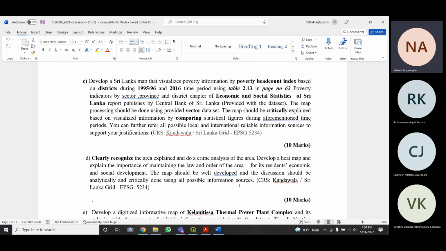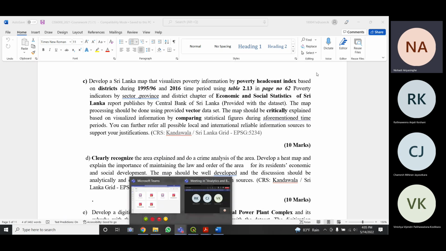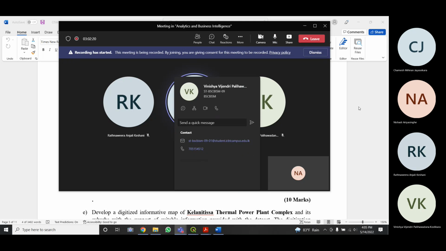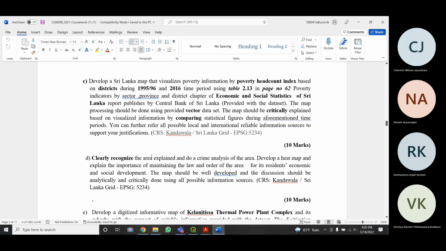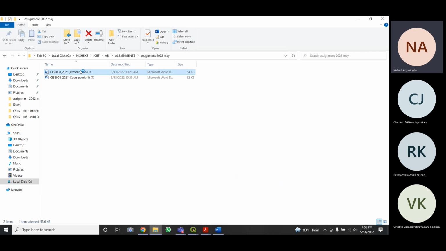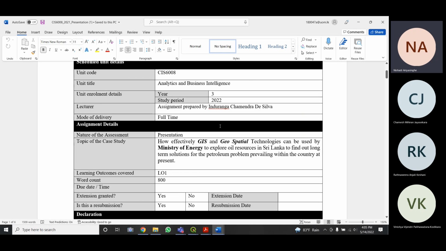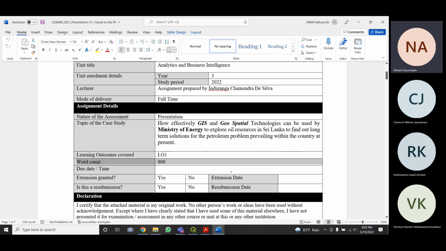Okay. So in question C, what you have to do is... Excuse me, ma'am. But in this document, it mentions above 800 words count. Yeah, I think there is a mention in the presentation, right? Yes. Yeah, there is a word count of 800 like that, but